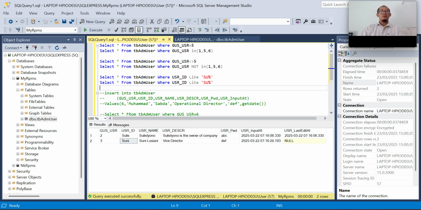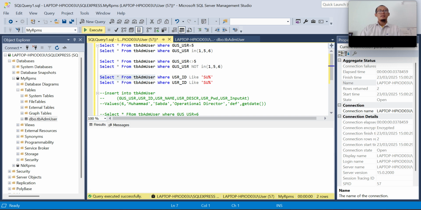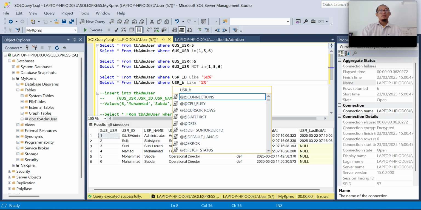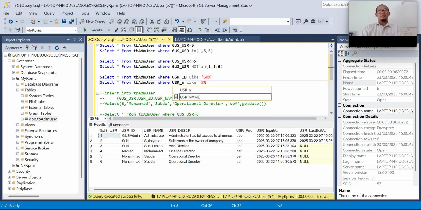What if I want to display data that has letters in the middle? Name, I want to see the name like AM.